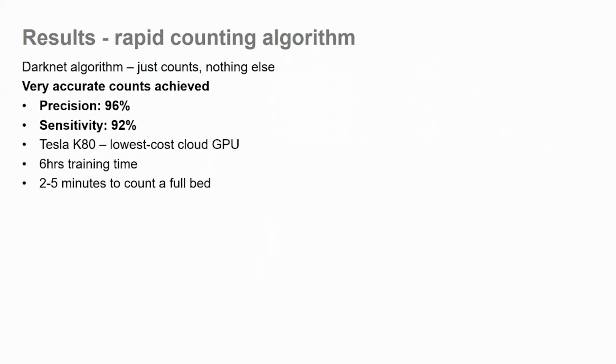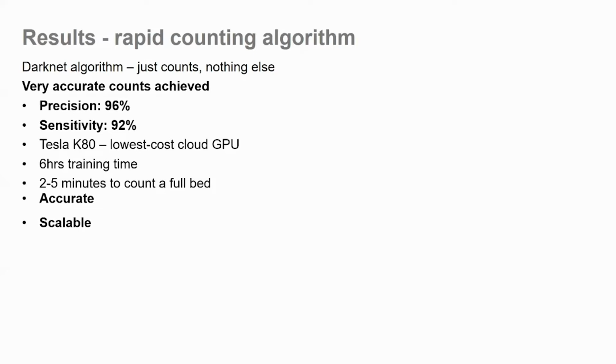Importantly, we achieved this using a Tesla K80, which is the lowest cost cloud GPU for training these types of models. So although it took 6 hours of training time for the model, we were able to detect all of the seedlings in a bed in around 2 to 5 minutes. This is important because it means that not only is the darknet algorithm accurate, but it's scalable, potentially to tens